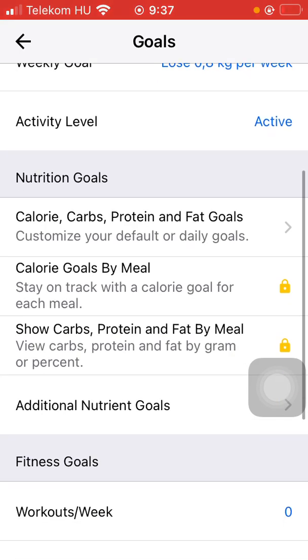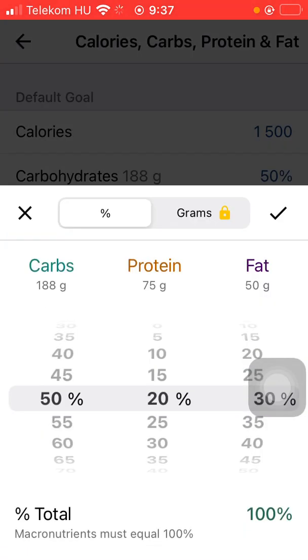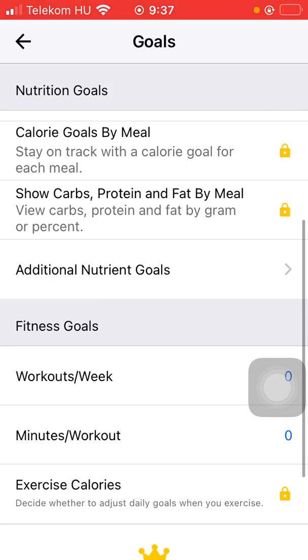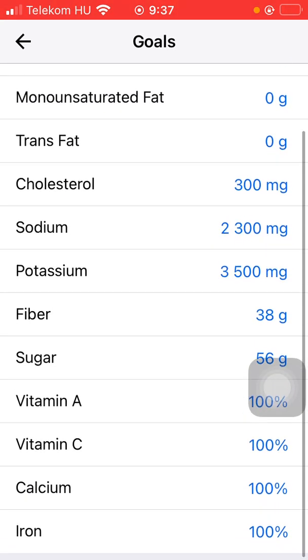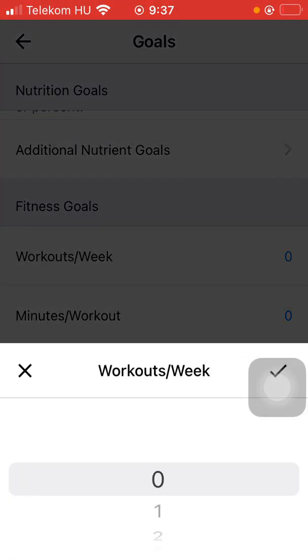And you can also set your nutrition goals, such as your calorie, carbs, protein and fat goals. Here you can indicate them, so feel free to change any of these. You can see the percentages here, how your meals are made up. Here you can add the nutrition goals in more details, and also the workouts can be personalized or customized as